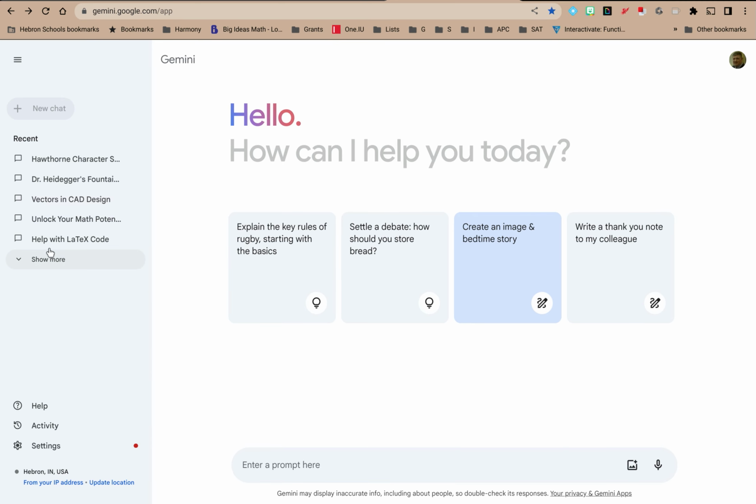Recent prompts that I've had, a help menu. You can view your activity and change some settings. We'll go over what those individual features are in a separate video,